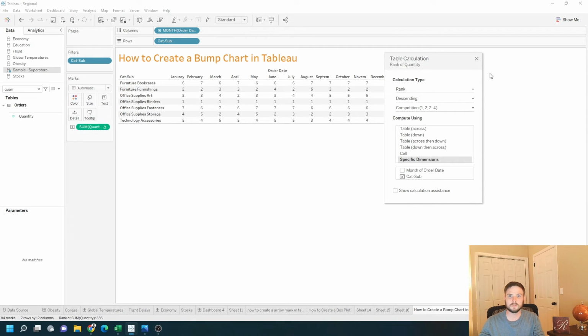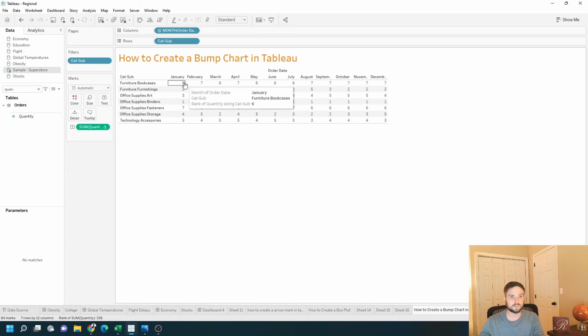Click OK. And we see the first one, furniture bookcases, is going from 6 to 7, 6, 7, back and forth a couple times. This is going from 1 the whole time. So that's our rank. To make this a bump chart, let's move our rank up to rows,